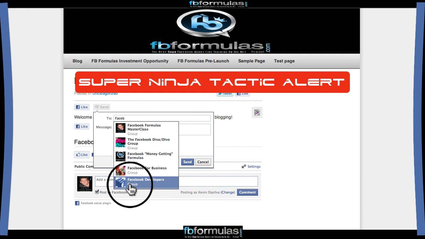The new style format is very open, where you don't just see the admins of the pages posting stuff and sharing links. Everybody pretty much does it. Pretty much everybody has to be able to post. I don't even think there's an option where only the page owner or the group owner can post. So that's really cool. So you want to find the new style groups, which is pretty much going to be the only style pretty soon, as you've seen. And you want to join the groups that have tons of people, and now you could share your posts with not only your groups, but every single group you're a part of in your niche. Really, really powerful stuff.